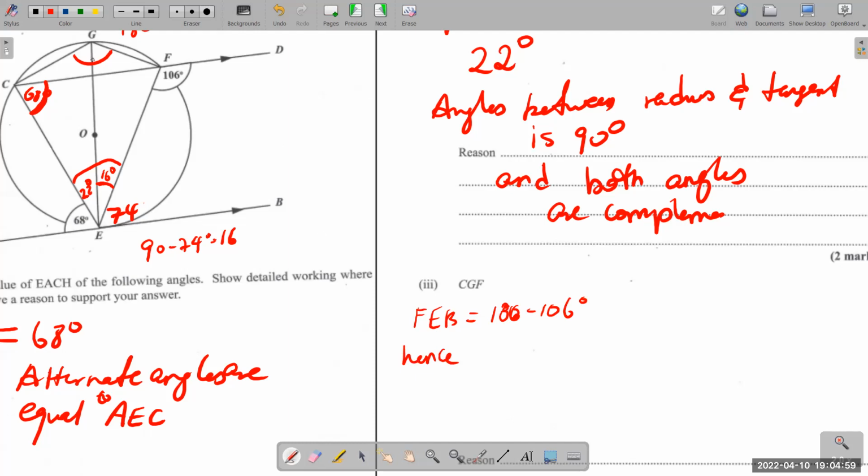Hence, angle, what did we find next? GEF. Hence, angle GEF is equal to 90 minus what? How much did we get when we subtract? 74? Okay, good. 90 minus 74. And that's how we end up with 16. Then you're going to say, therefore. Just use these words, guys: hence, therefore, as a result. So therefore,